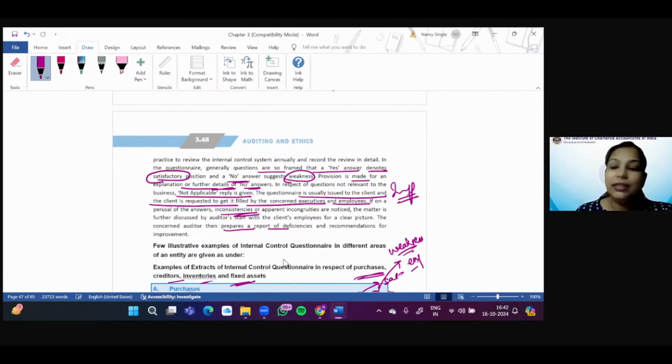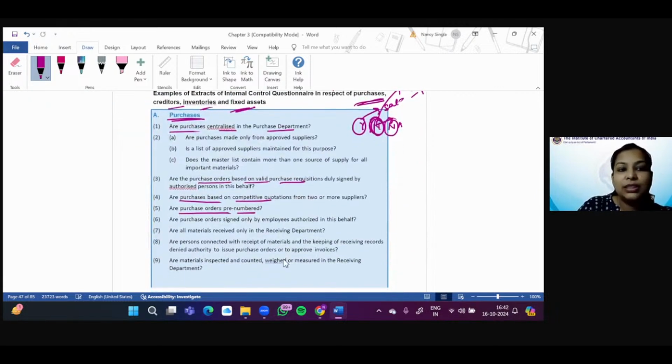See, Swati is saying, ma'am, the auditor will not get detailed information. See, if you just go through this ICQ, it is in so much detail. So whatever is the information relevant for the auditor. So this is with respect to purchases. It is mentioned, are the purchases centralized? Are purchases made only from approved suppliers? Are these maintained for this purpose? Does the master list contain one or more source of supply? Pre-numbered or not, competitive conditions, valid requisitions, whether employees are authorized or not, received only by receiving